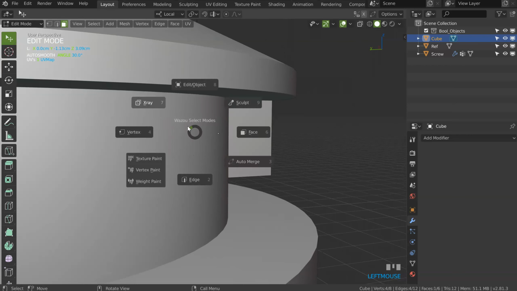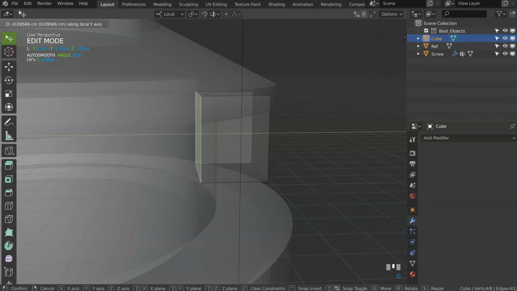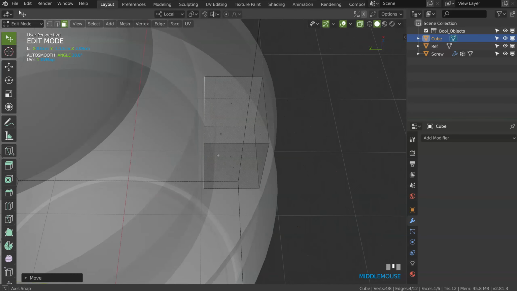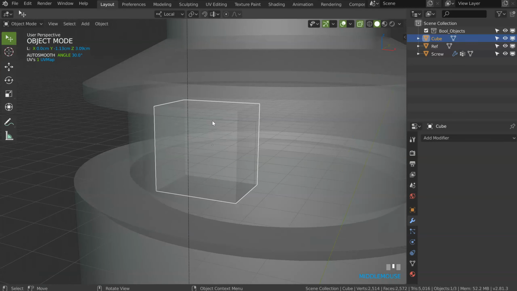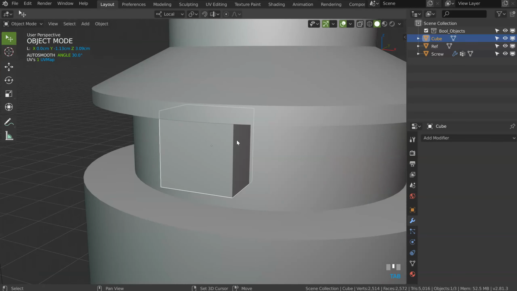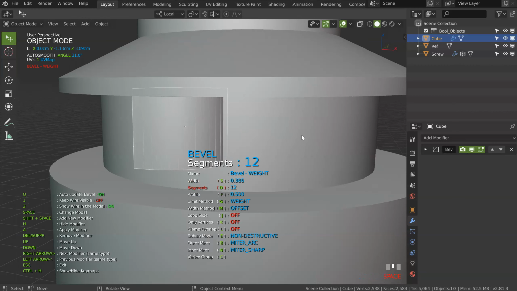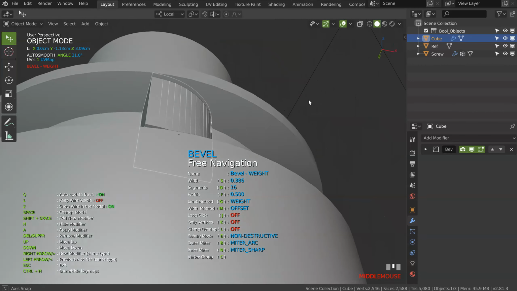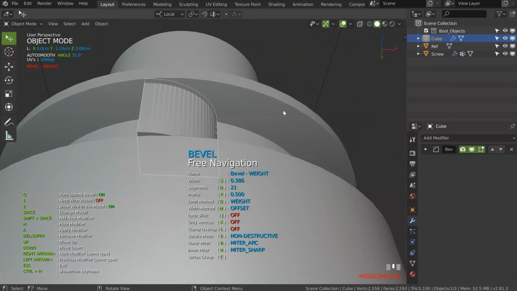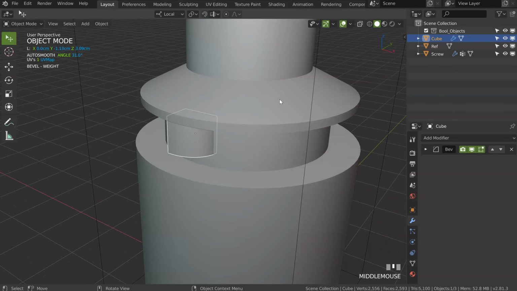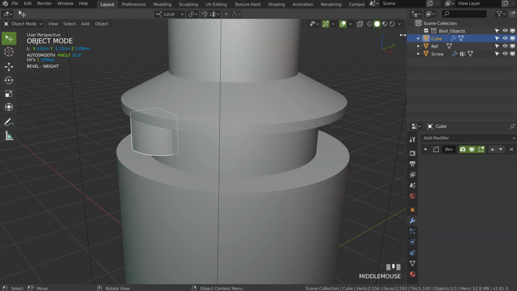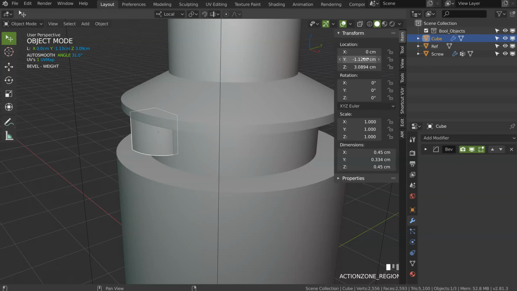Okay, so let's see if I take this one and I do this. Will it work? Maybe try like that. What I want to try first is to add a bevel here. I will add a bevel in wire mode, like that. And I want to have this result. Okay? You can increase if you want this. So this one, I will align it on the y-axis. You can come here, item, location y, you press 0.